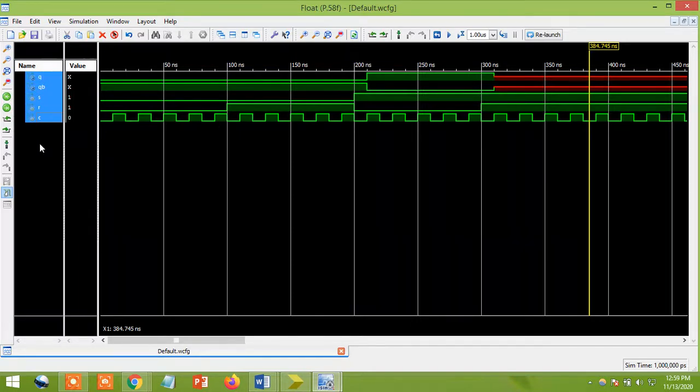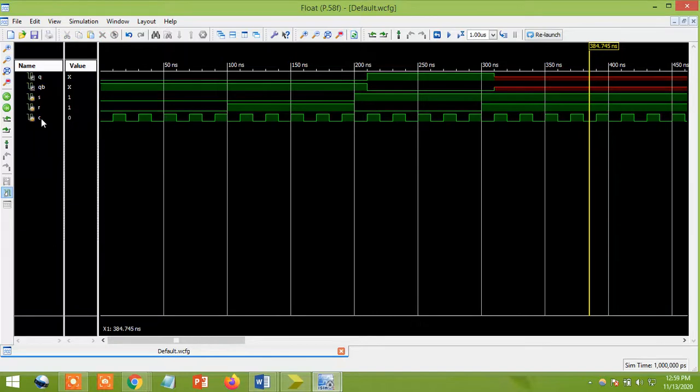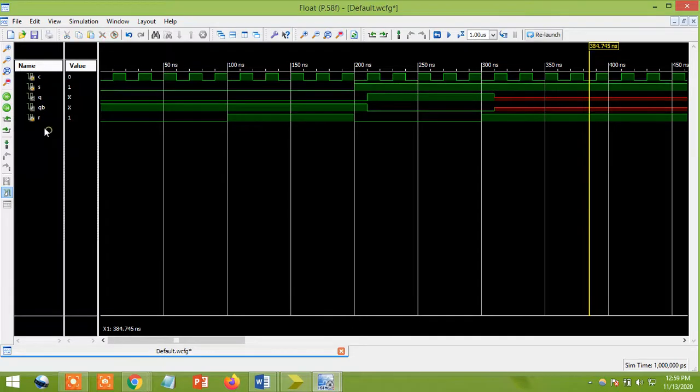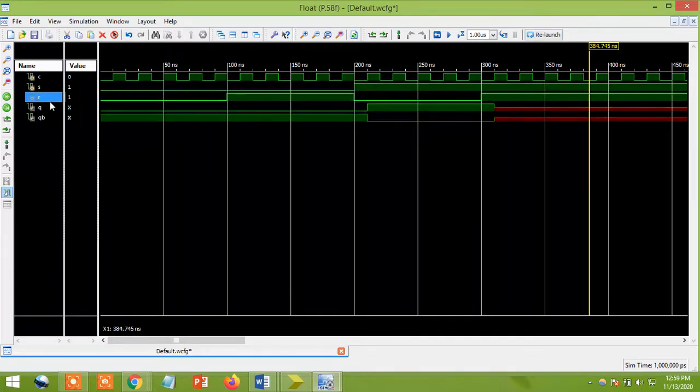Just see, somewhere you click and first, what is the input? I have a clock. Just click here and drag it to the top, and next the values are inputs. You have S, you just drag it to here, and next you have R, just take this one and drag it to here. Next you have Q and QB. Let's move on to the analysis.